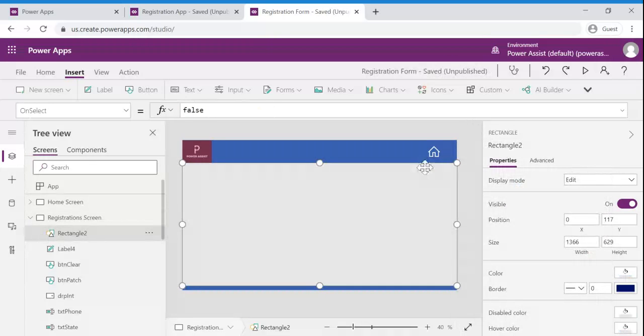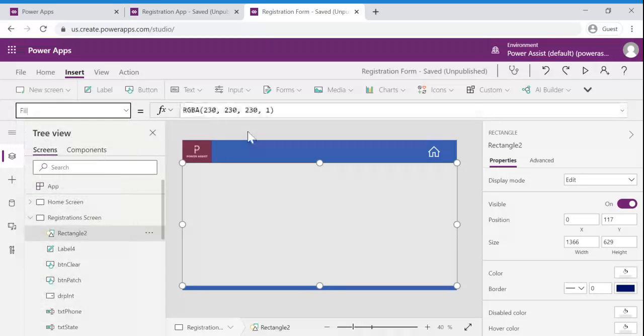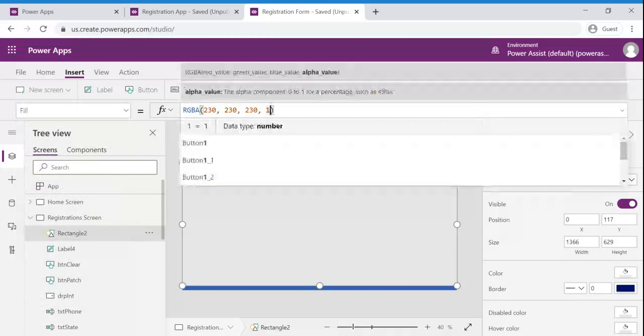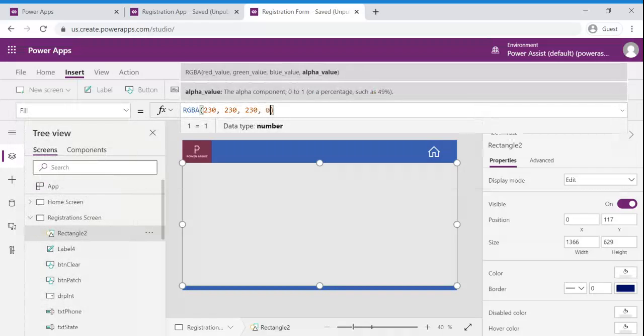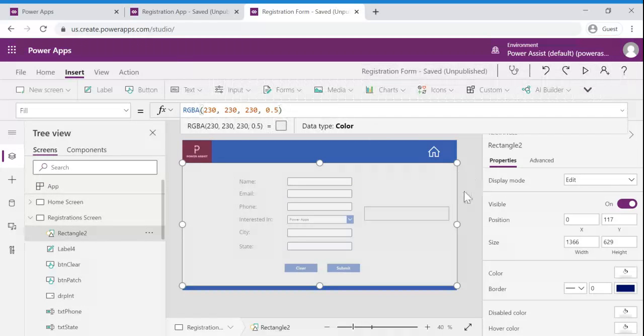Since all the backend or all the UI submitting input fields are hidden, I am going to change its color to 0.5. So if you observe, this particular color got transparent now.